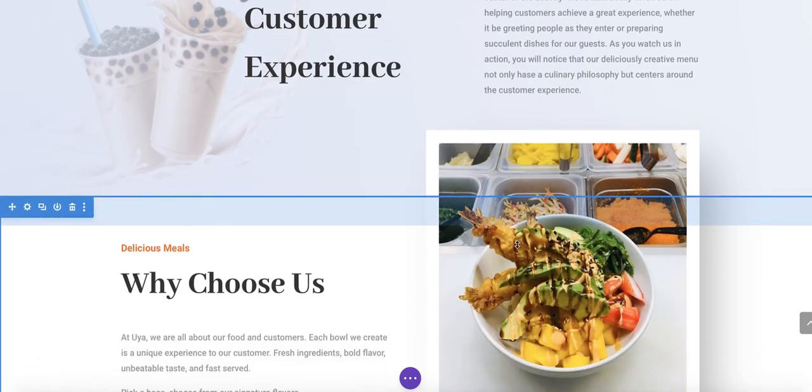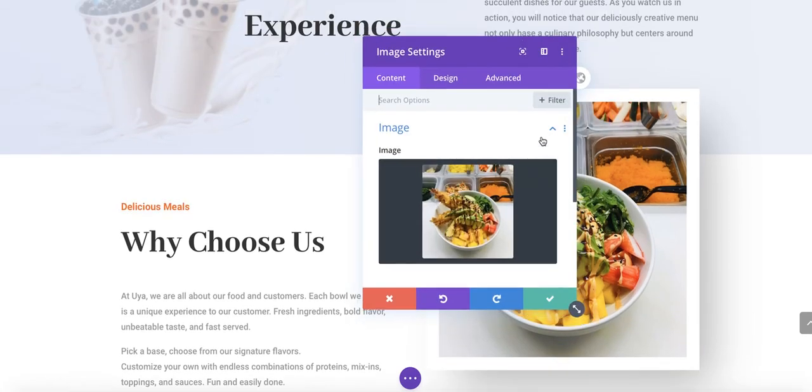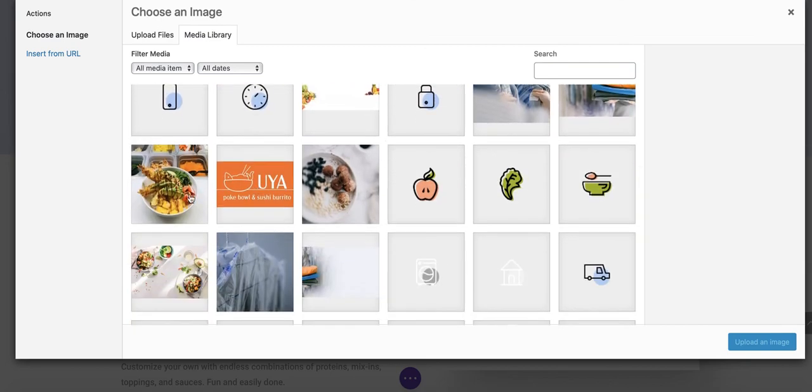If you want to change the image, put your mouse over the image. Once you put your mouse over the image, look for this icon here. See it right there? Push this, and now you can change the image. Just press this again, and you can change the image. So I can say, you know what, I want this image or this image. You just choose that image,